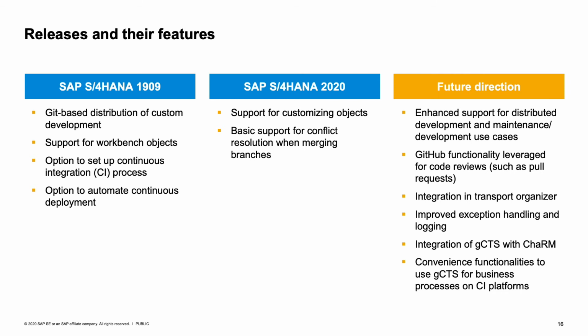and maintenance and development in parallel. We need some more enhancements. We need to improve the merging functionality, so the conflict resolution functionality, and we need some additional stuff that helps you register where your development comes from, so that you still know which system, if you use more than one development system, is the original of your ABAP coding.